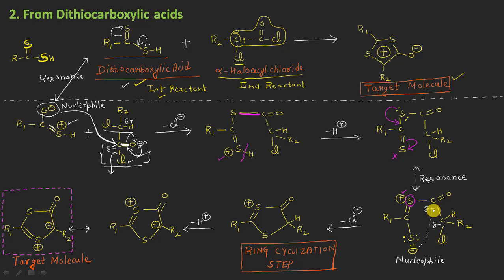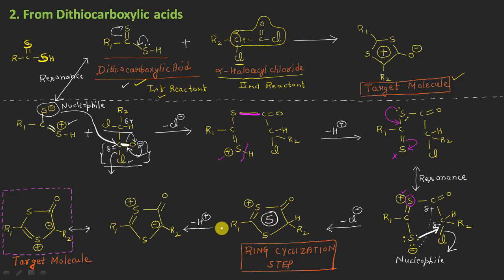That will be a four-membered ring, 1, 2, 3, and 4, right? But rather, it will be attacking this carbon, sending the leaving group out of the system in the form of Cl negative, and in doing so, it results in the formation of a five-membered, more stable ring size